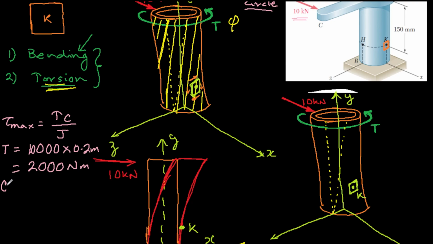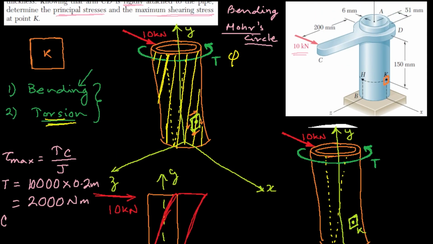And then C, what is C? If you look at the cross section, should I draw it? Let me draw it here. If you look at the cross section,